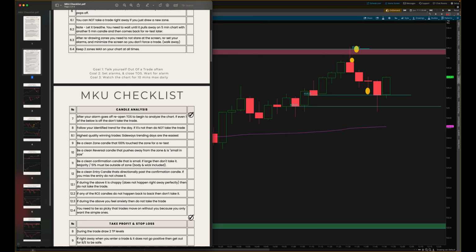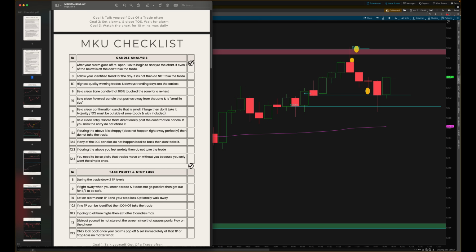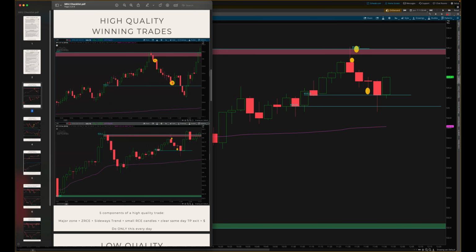If it pushes away from the zone, it needs to be small in size. Confirmation candle, if it's not, it needs to be small. If large, then don't take the trade. Entry candle, same thing. So if we go down here, this small candle is perfect on the 1 minute chart,